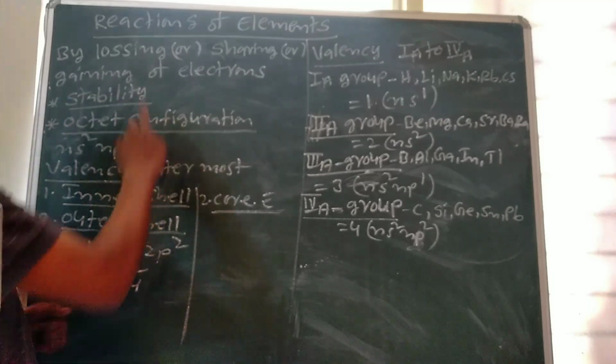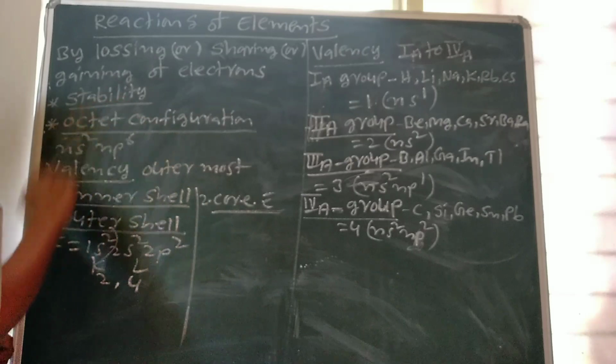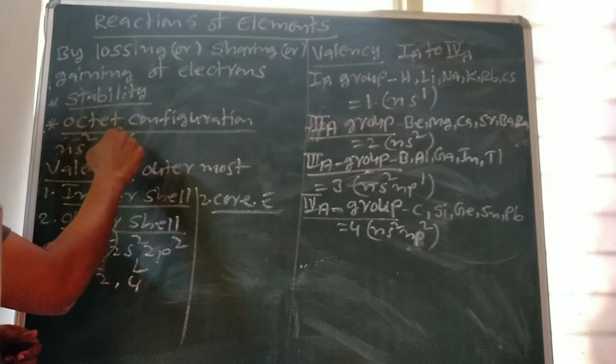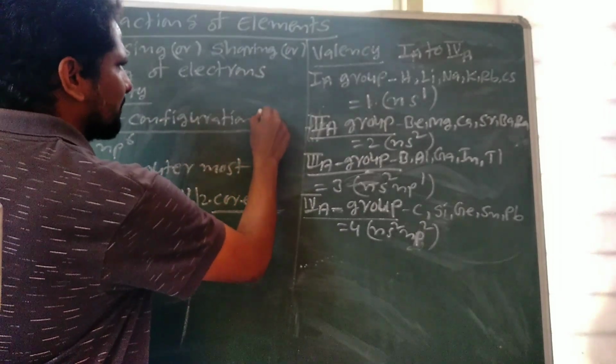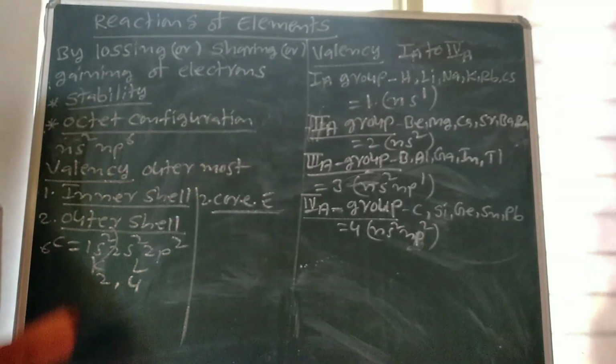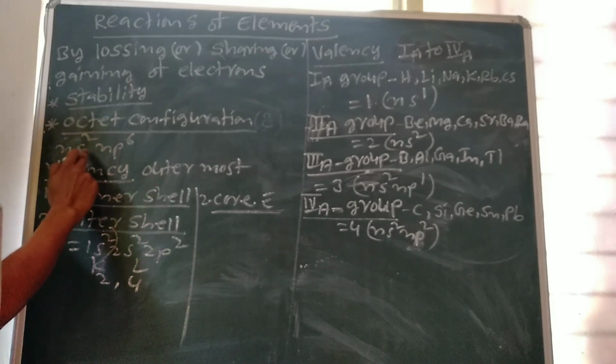Any element can participate in chemical reactions to gain stability. Stability of an atom means gaining an octet configuration. Octet means 8 electrons are present in the outermost shell. The electronic configuration of an octet is